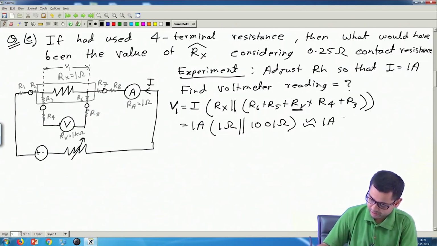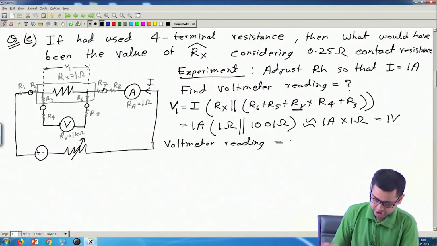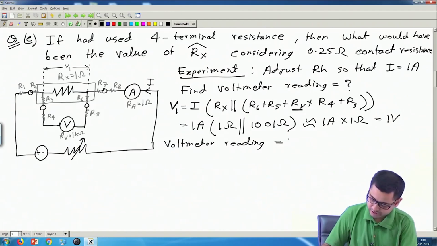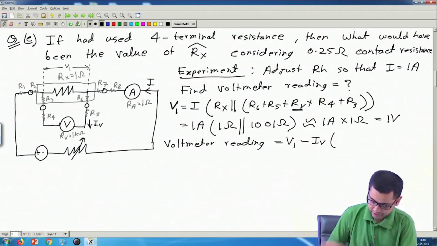So 1 ampere multiplied by 1 ohm, this is 1 volt. Okay, and then the voltmeter reading, how much will this be? This will be this voltage V1 minus this drop. V1 minus, if this current is IV, then IV multiplied by all these resistances, R6 plus R5 plus R4 plus